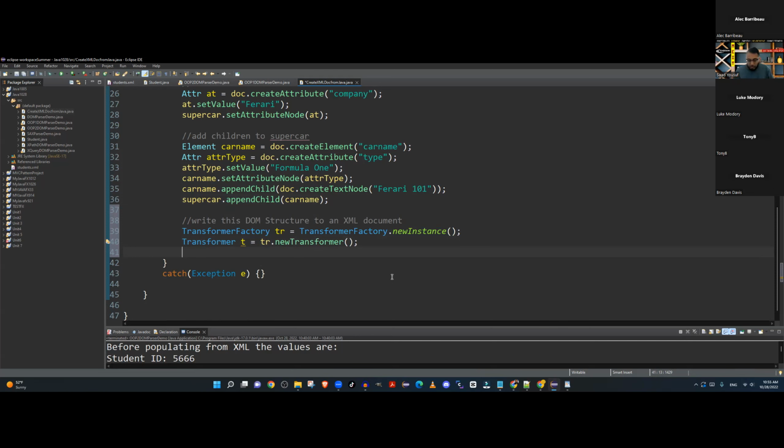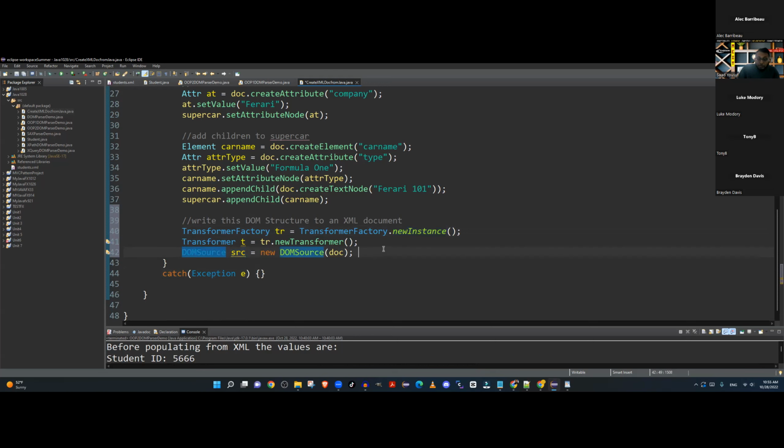That's the method I should call. So I created a transformer factory. From the transformer factory, I'm creating a transformer object, and after I created it, I'm creating a source